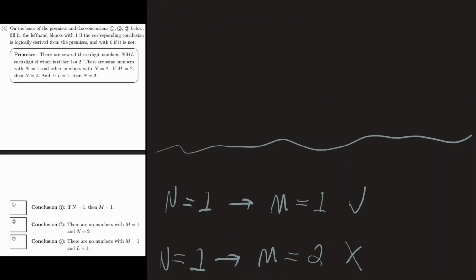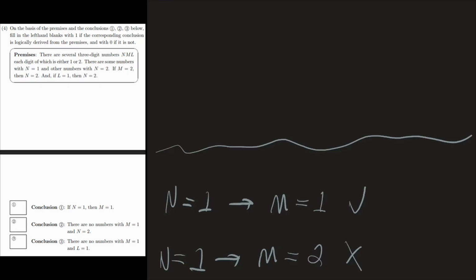So firstly, let's see if it's even possible for n and m to equal 1. If n equals 1, then there is no specific restriction on what m can equal. So it is definitely possible to get a number where n and m equal 1. Next, let's consider the counter to the statement the question gives, which would be that n equals 1 and